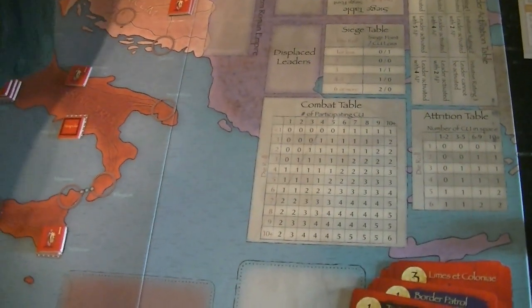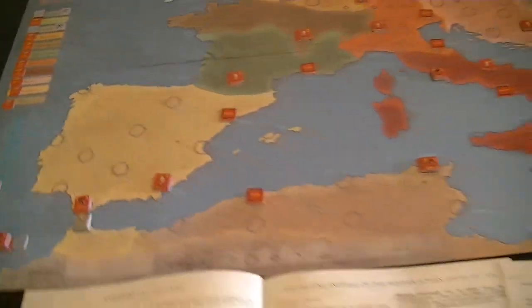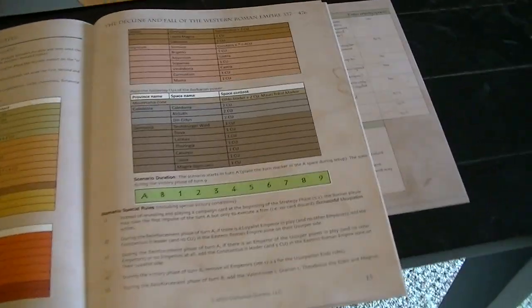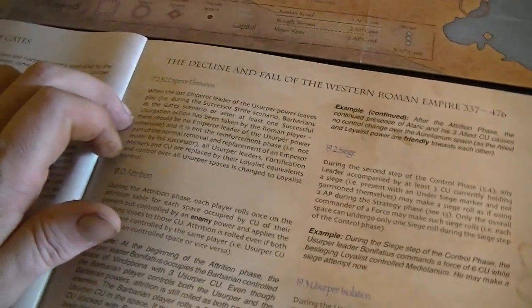Which returns these. And these guys are gone from the game. Is that all that's removed? You would think it would be all leaders. 17.23. This is a little bit of a struggle here. I wouldn't have thought that they flipped over. I've been playing it as though they do, but when I first read it, I wouldn't have thought, because